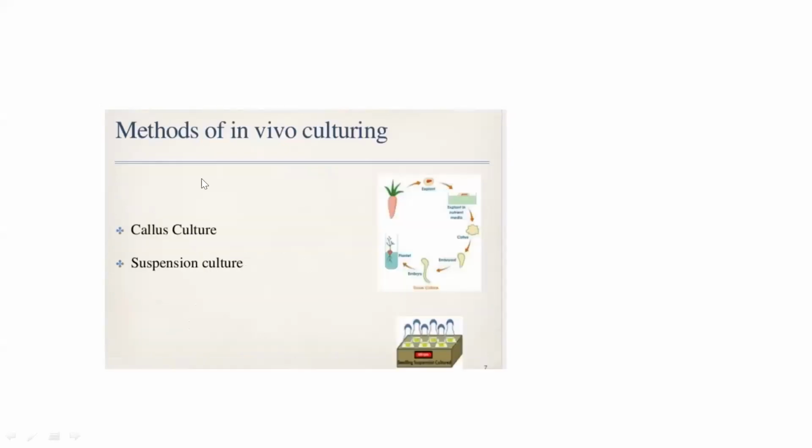So the main concept of in vitro culturing is callus culture and suspension culture. Suspension culture is easier because extraction is also very easy, since it is in the liquid medium itself, and you can use many techniques to separate the drug from the water-based medium, because the medium in suspension culture is water based. Another method is callus culture. In this case it is in solid form, and you have to extract it from the solid medium. So there are two basic methods.